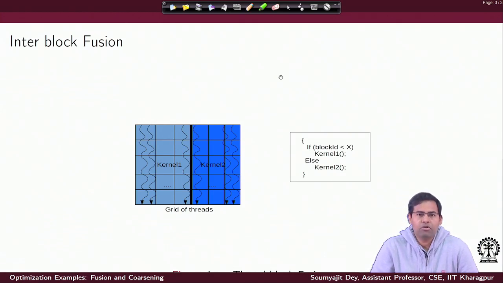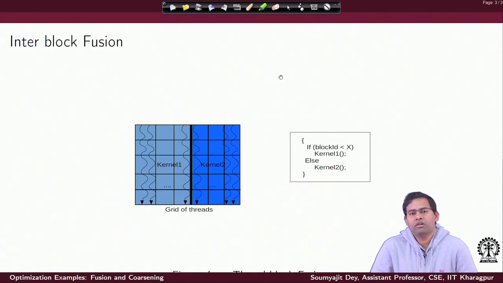So that's a much more coarse grained fusing, right? All you are doing is fusing at a coarser grain. So essentially we are executing kernel 1 and kernel 2, but concurrently. Instead of dispatching kernel 1 followed by kernel 2, you are dispatching both of them together as a fused kernel, but nothing changes in terms of their internal coding structure.